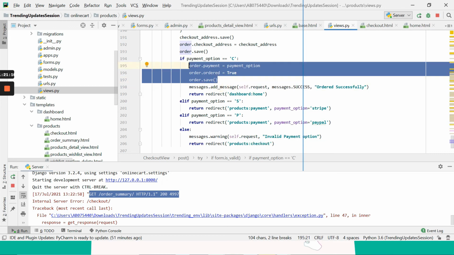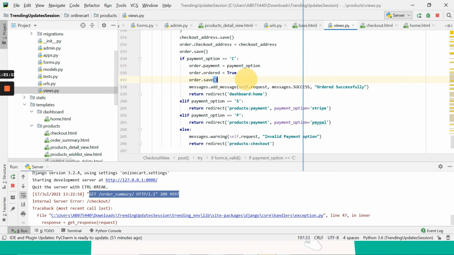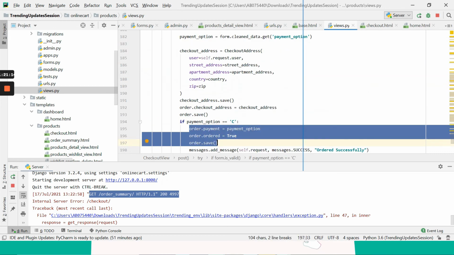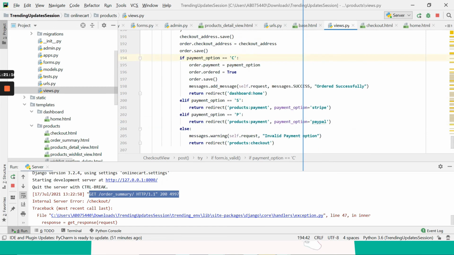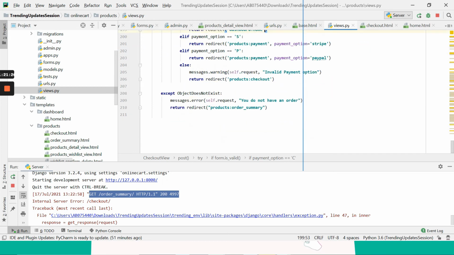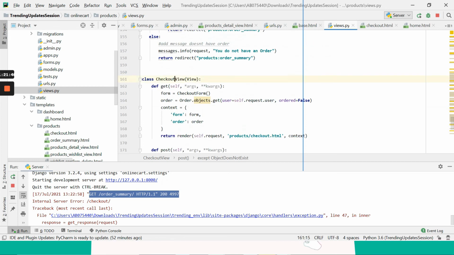So for that reason I have marked it as true, and then add a success message, ordered successfully. After that, go to the dashboard home page. Apart from that, if the order does not exist, meaning you do not have any order, go to the order summary page. This is the code for checkout.